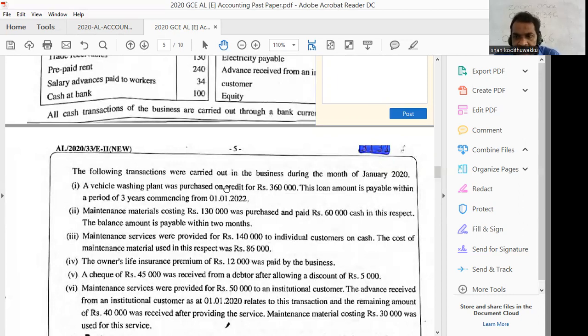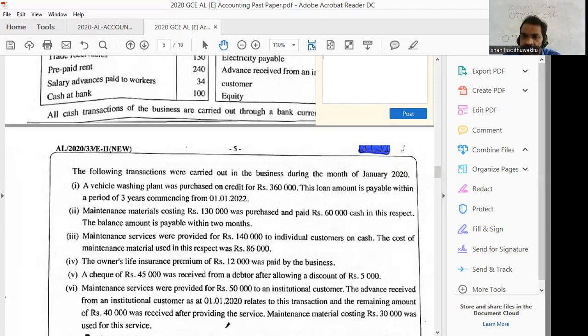That means you don't pay money at the time of purchasing. The business has received a vehicle washing plant and a period of 3 years. Within the period of 3 years, the business has to settle the due. So it comes under long-term loan. Therefore,